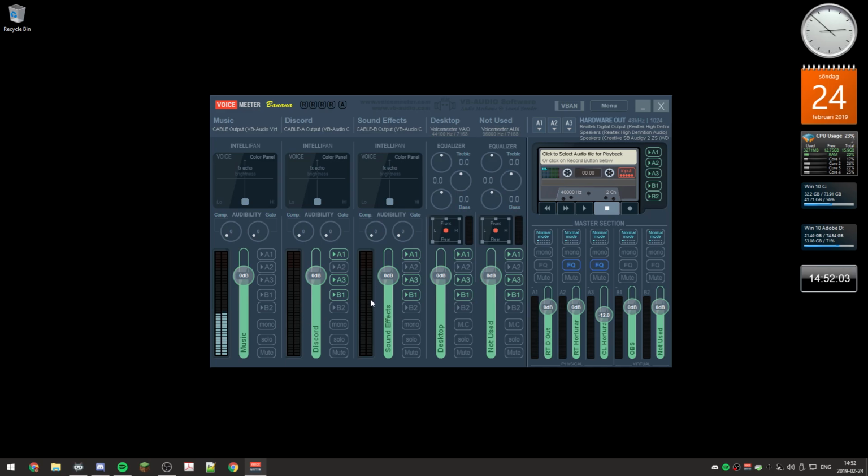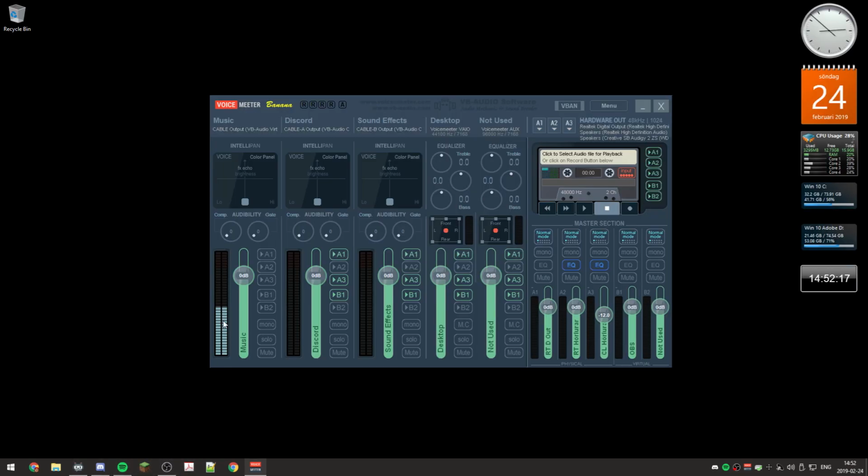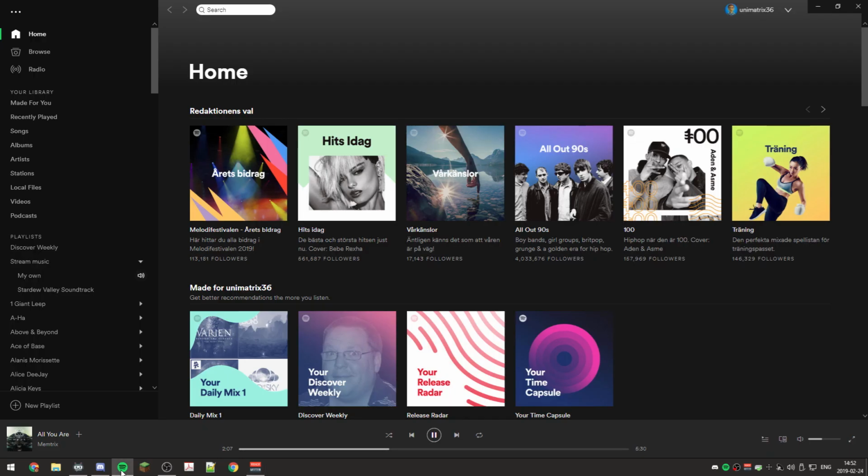Same thing if I play a sound effect on my chatbot, that volume bar will show here as well. So yeah, that's good to know. So yeah, music playing here, which is nice. So let's actually stop this music because